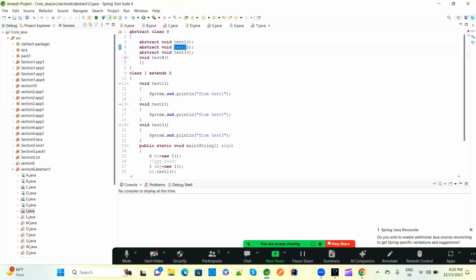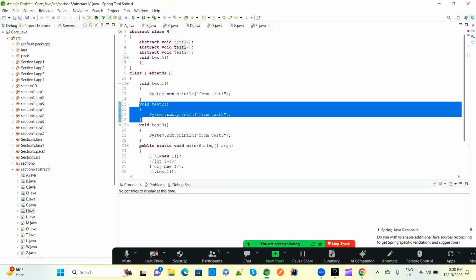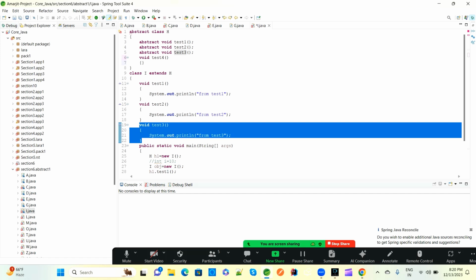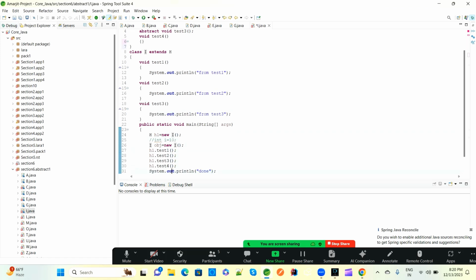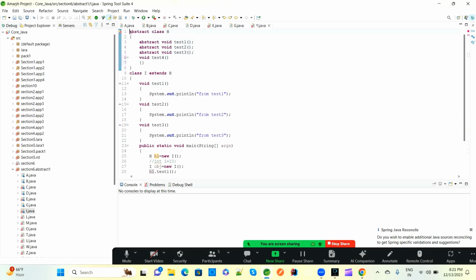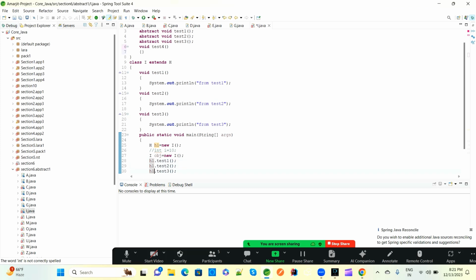This is test 2, for that also we provided some implementation, and this is test 3, so this also we provided this implementation. Now what we are doing, the compiler will go for the main method. So in the main method, an H object has been created. H is the abstract class, so an object has been created for the abstract class,